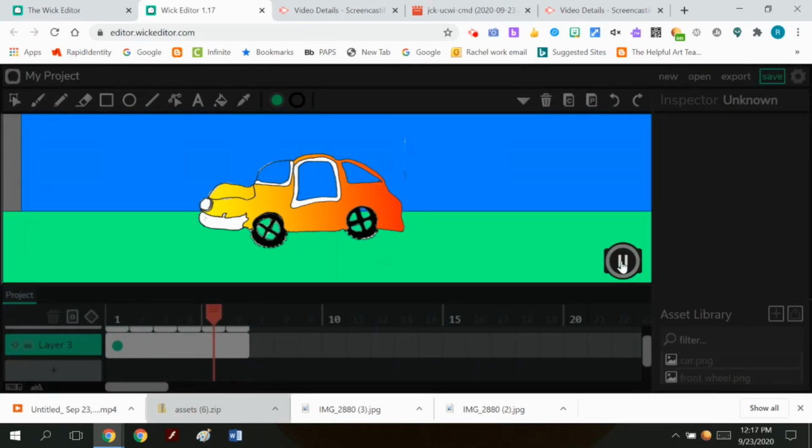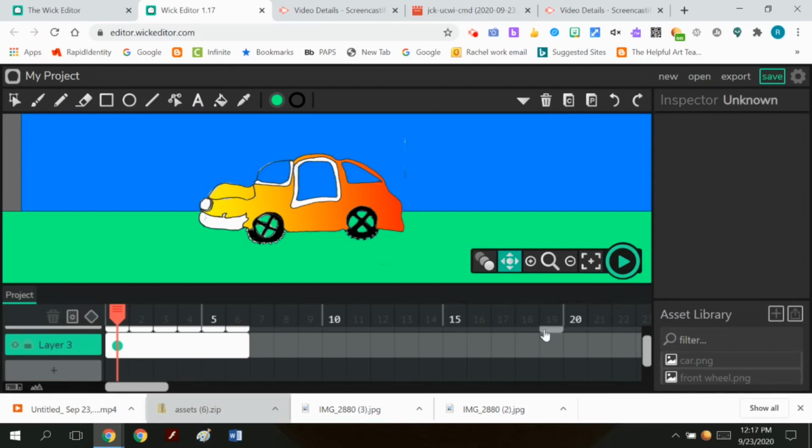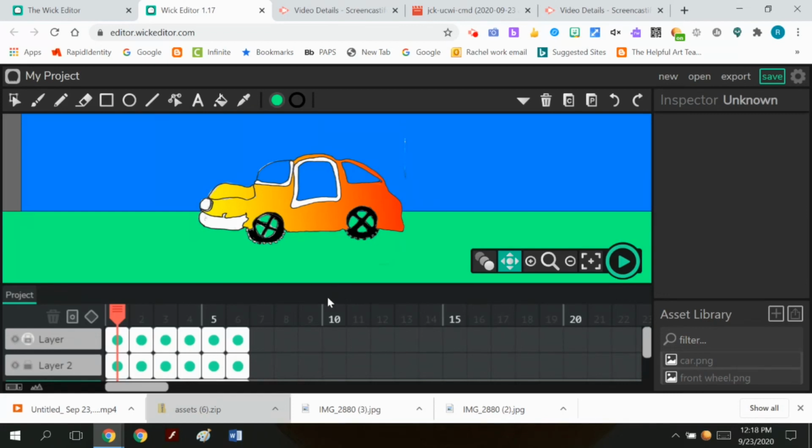Now, the problem is the car is actually moving backwards. Do you see that? So I needed to rotate it in the other direction to make it look right. So theoretically,